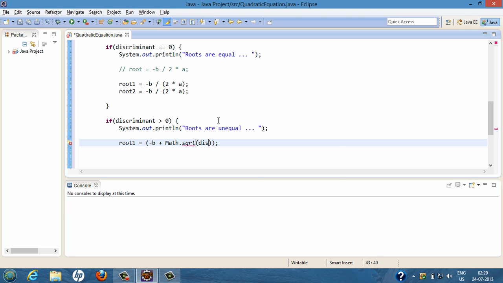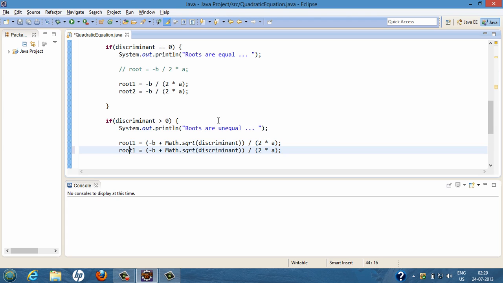So divided by 2 into a. So this was the formula for calculating the one root. Now we'll just copy paste it. For root 2 it will become minus b minus Math square root of discriminant divided by 2a.